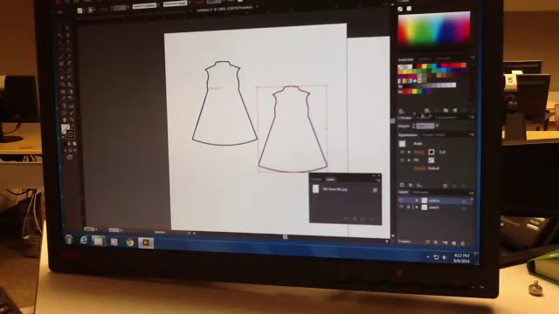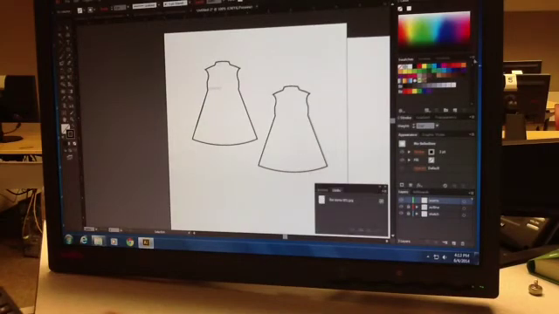I can now go on out and lock my outline layer and create a new layer and label this seams. Okay, on my seams layer, I need to switch to 2-point line weight. I'm still